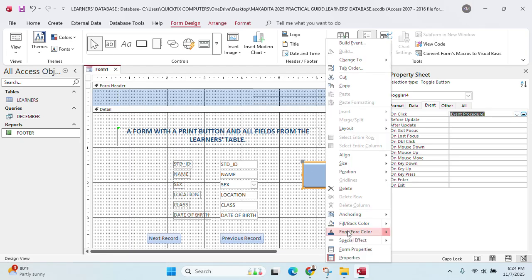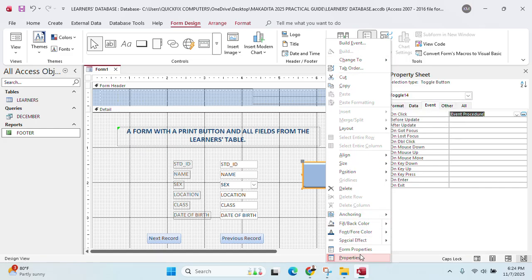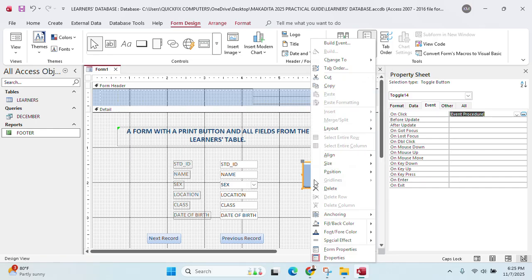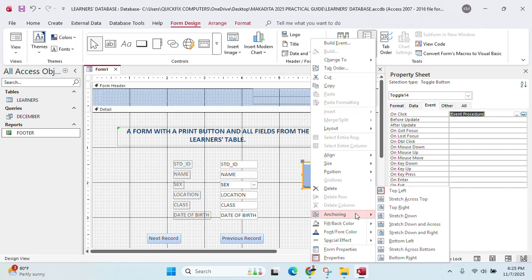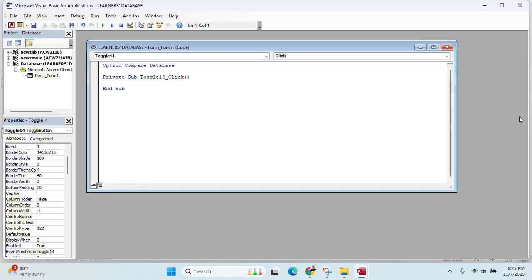I can right click at it and then I give it something like a text. I want to give it a text that it can show that it's a print button, something like that. Font color, fill color, then right click at it again, size, anchoring, special effects. Anyway, event procedure, click at the three dots, we put a code